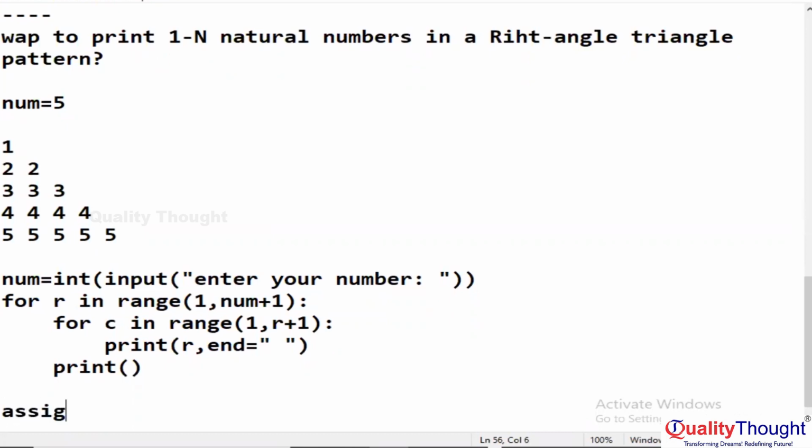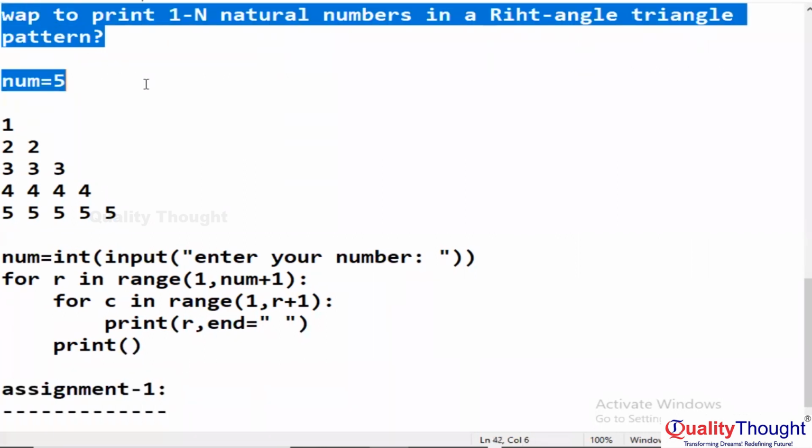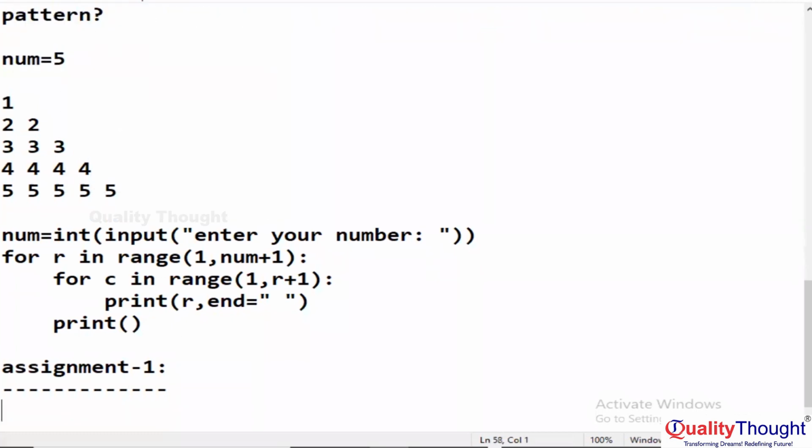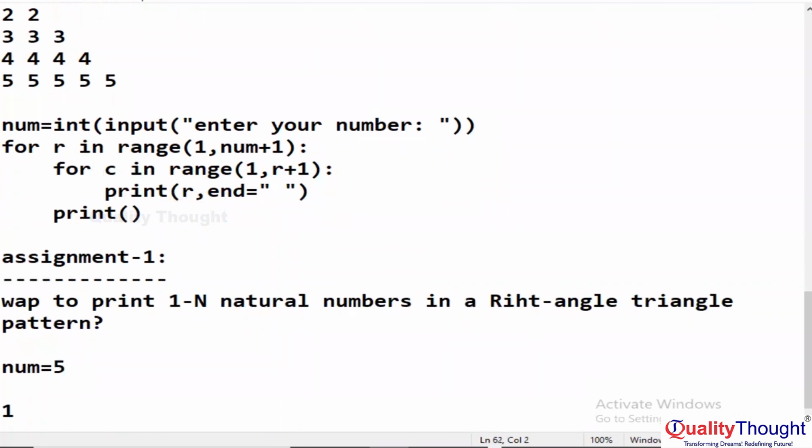Your assignment question. Write a program to print 1 to n natural numbers in a right angle triangle pattern. My pattern is